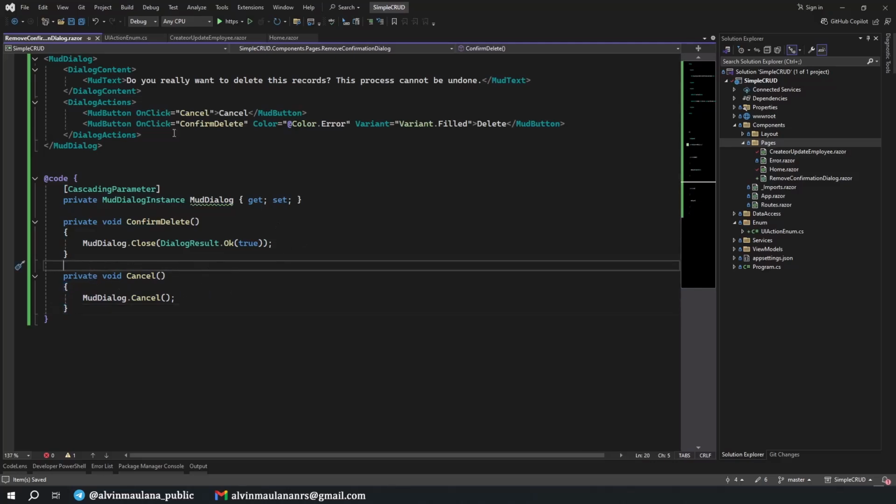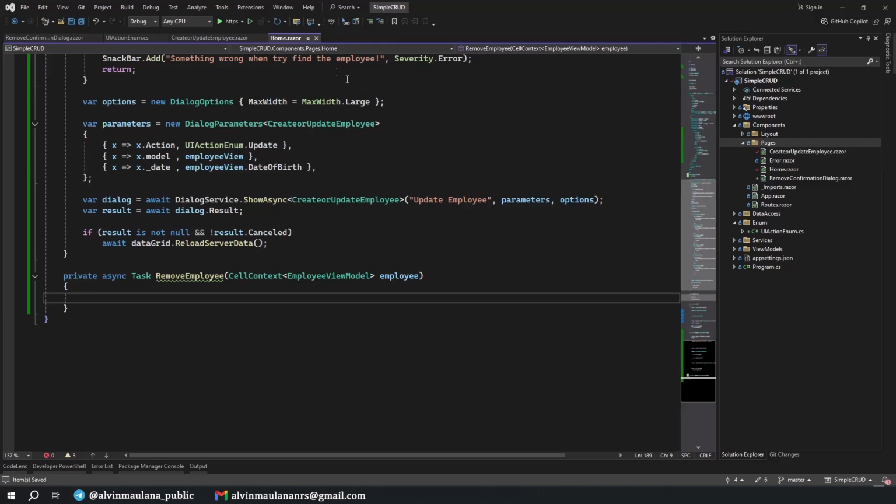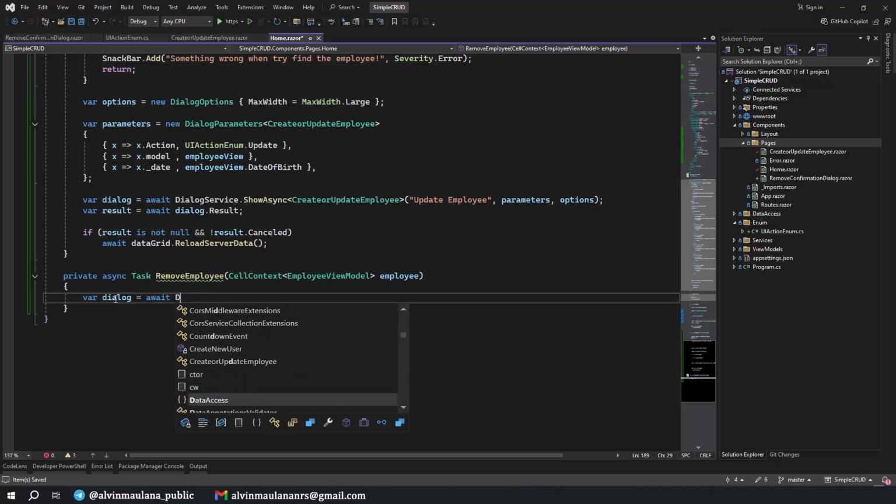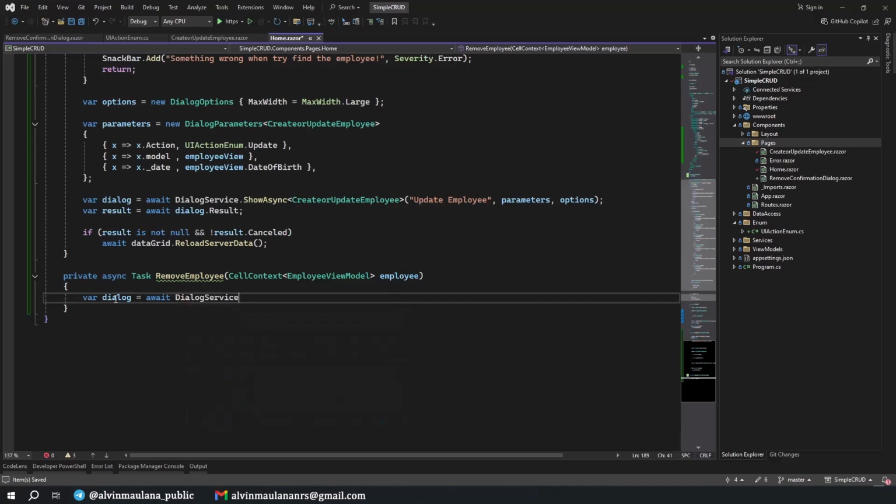And now we can call this dialog whenever we want to delete the employee. We go to the home, the Trezor, and then var dialog equals dialog service show asynchronous.